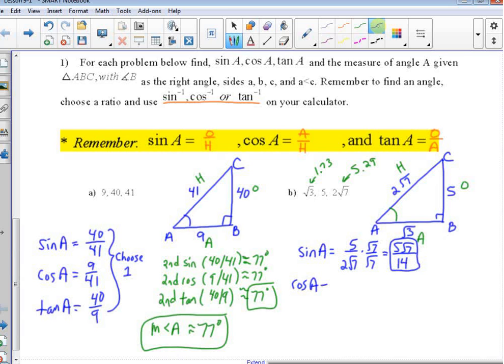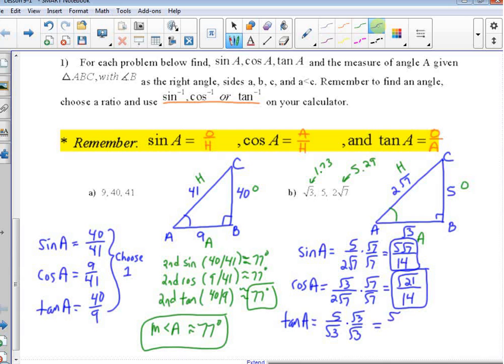The cosine of A is adjacent over hypotenuse, so that's going to be radical 3 over 2 radical 7. Rationalize the denominator, and I get radical 21 over 14. And then the tan of A is opposite over adjacent, so that's 5 over radical 3. Again, rationalize, so I get 5 radical 3 over 3. So now you see kind of why we needed to learn how to deal with